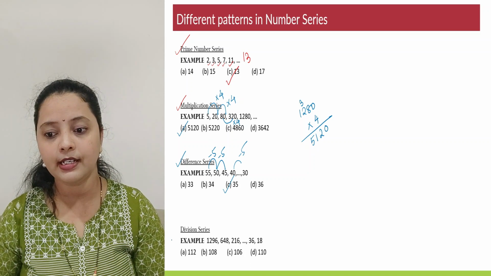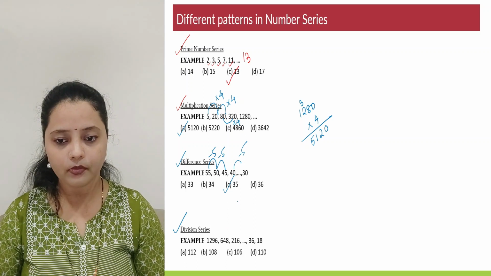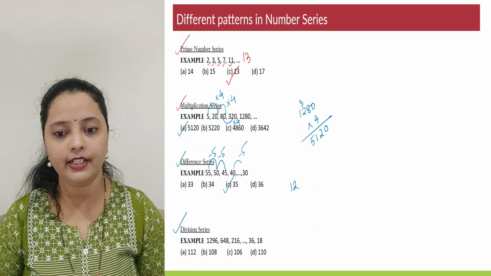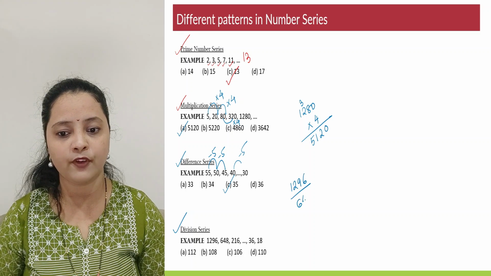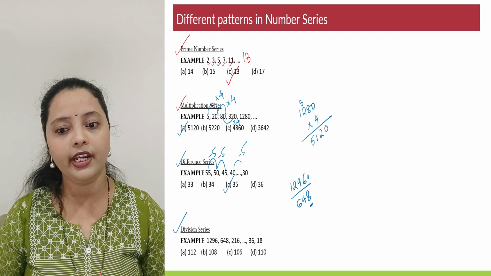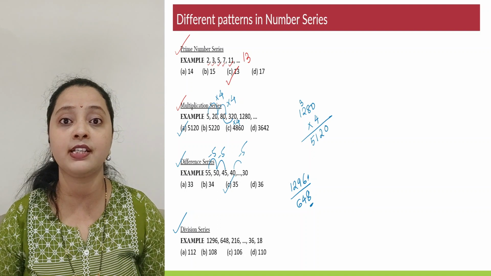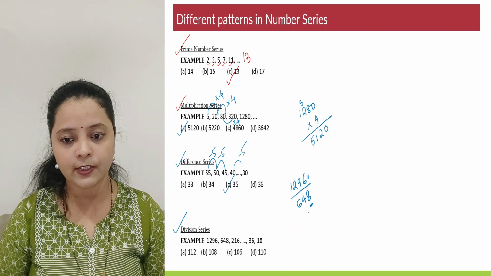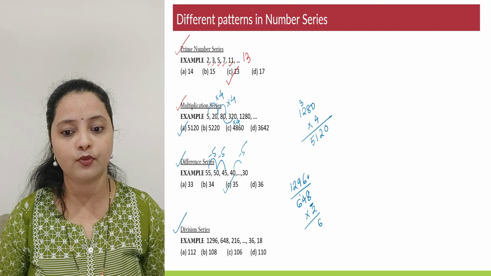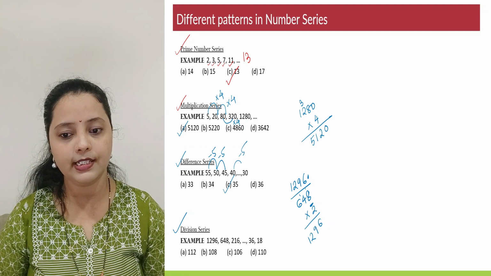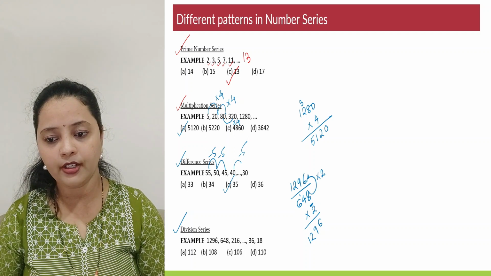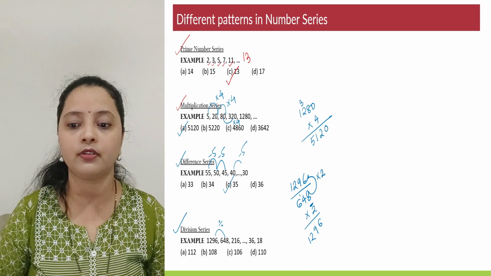Moving to the next series, that is the division series. Now, 1296 and 648, what is the factor? So 1296, if I try to divide it by 648, how would I easily check? You have 8 over here and you have 6. Now in the table of 8, how do you get a number ending with 6? When you multiply it by 2. And if you check 648 into 2, 8 2s are 16, carry 1, 4 2s are 8 plus 1 is 9, and 6 2s are 12. So basically 648 multiplied by 2 gives you 1296, or I would say 1296 divided by 2 gives us 648.